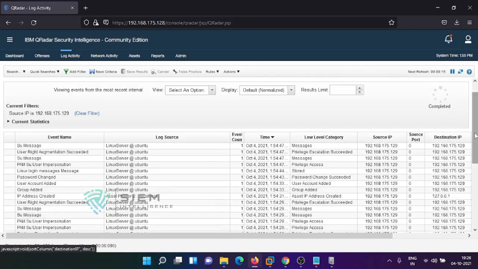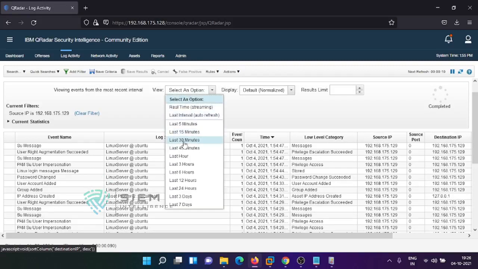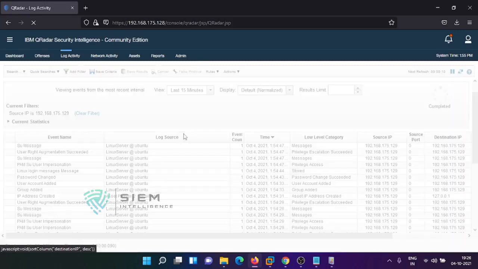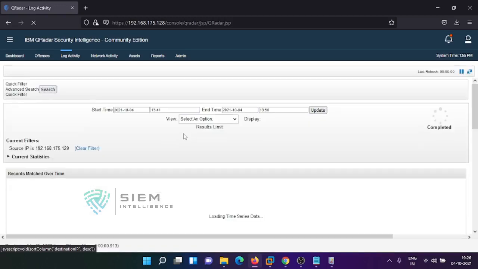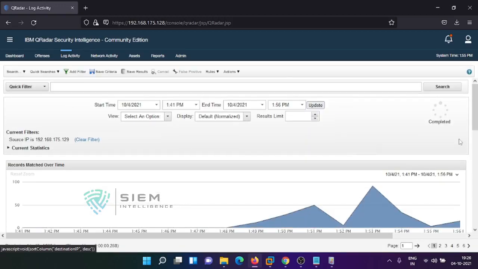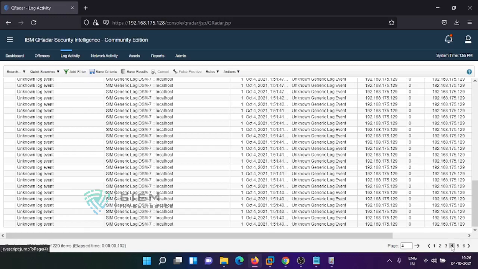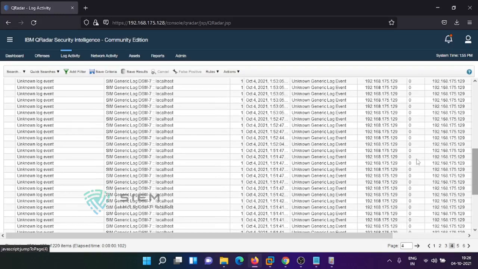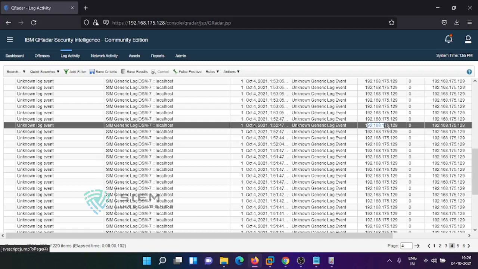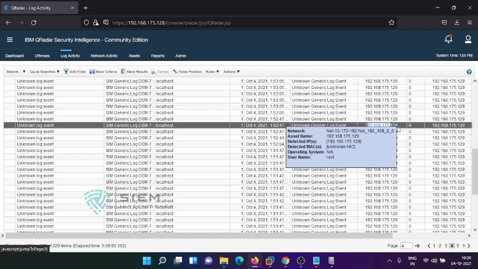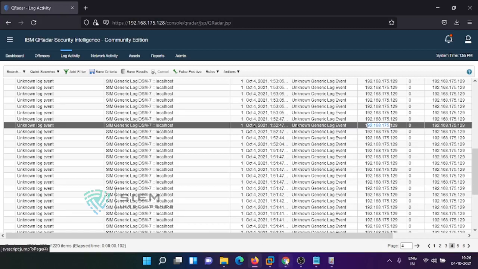See, but first and foremost, if you go and check the last 15-minute activity, there is so much evaluation that has happened. So go back to some fourth page, see the IP, consider this IP 192.168.175.129, from where my system is sending logs, that is Ubuntu.